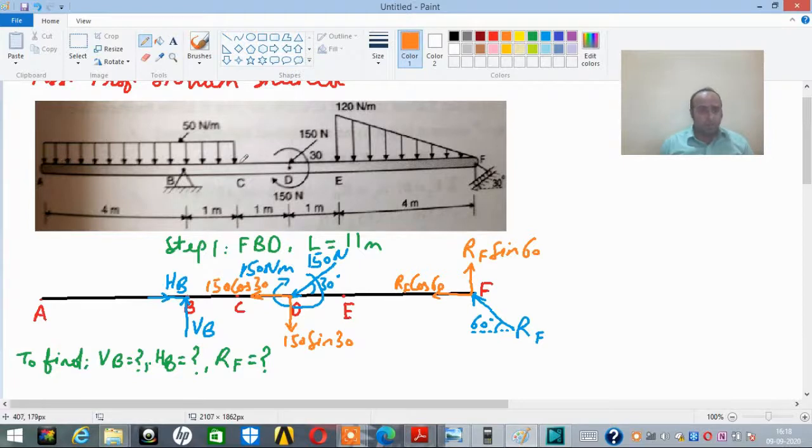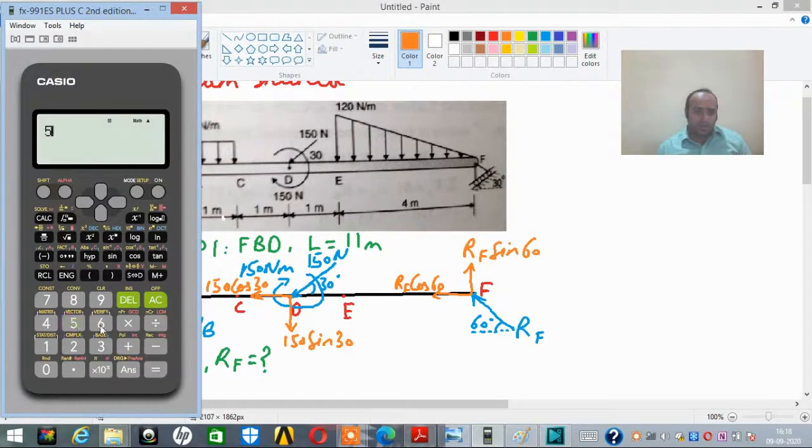Uniformly distributed load, as it looks like a rectangle, the formula for converting it into a point load is very simple. There is one uniformly distributed load acting over here. What is the area of a rectangle? It is similar to that. So 4 plus 1 is 5. So 5 into 50, length into breadth, that is. I can do it with the help of the calculator. It's quite easy. 5 into 50 is nothing but 250.